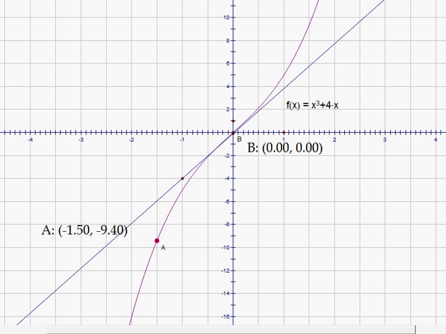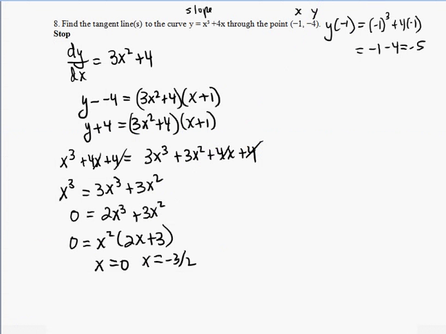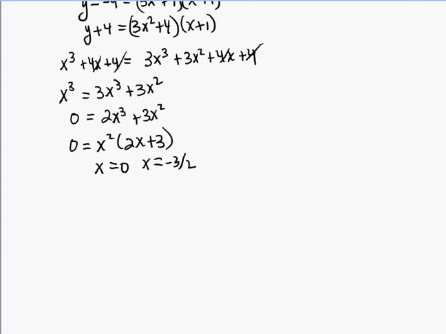So we want to find the equation of the 2 tangent lines. In order to find the equation of the 2 tangent lines, again, we need an x value and a y value and a slope. Well, we already have an x and a y value. I just need to know what is the slope of the equation at x equals 0. So let's just scroll down a little bit here. And our derivative, I'll rewrite it. Our derivative is 3x squared plus 4. So the derivative at 0